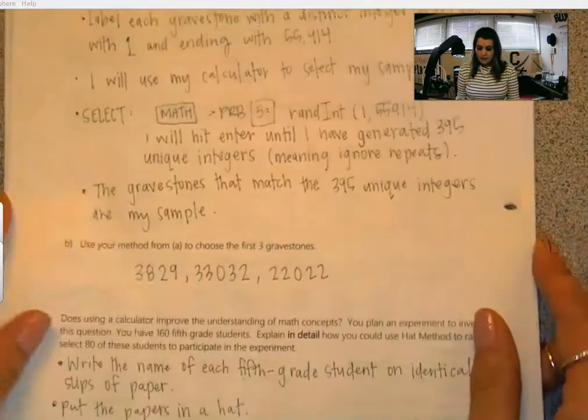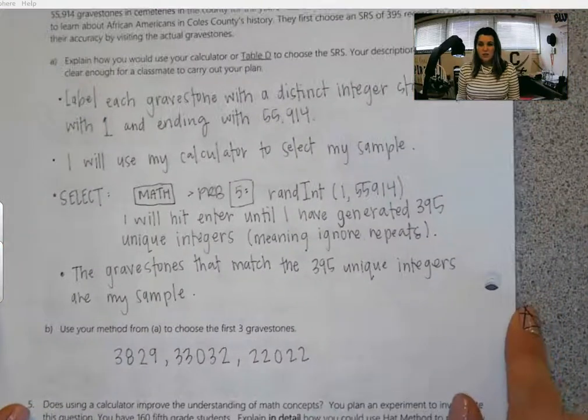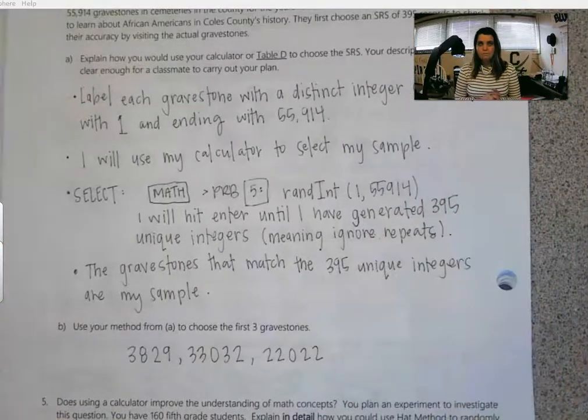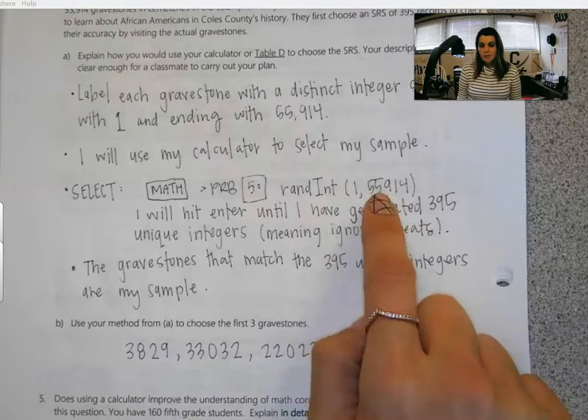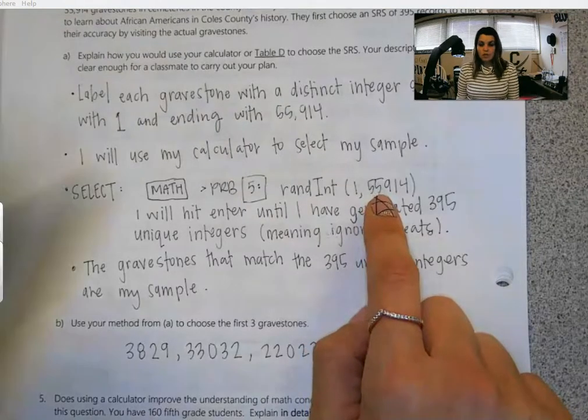Gravestones are next. I don't really think that I need to go through these. You can pause them and basically match your answer up to mine. The only thing that's different on the gravestones is that this population size is so large that if you use your older